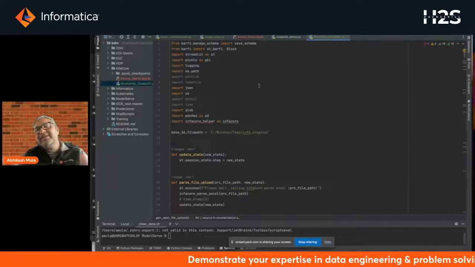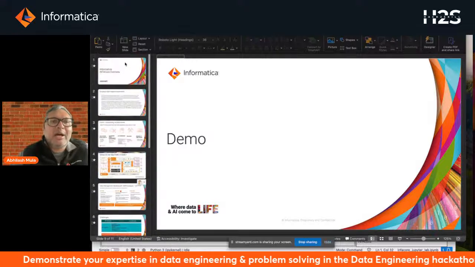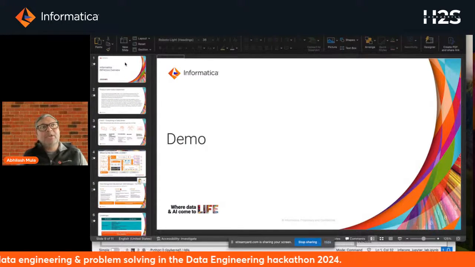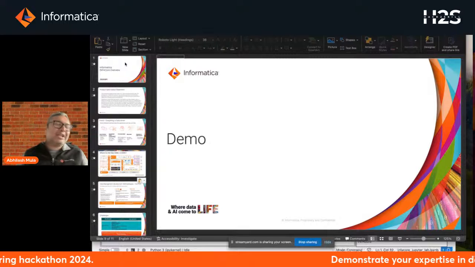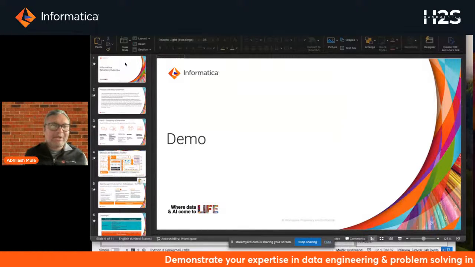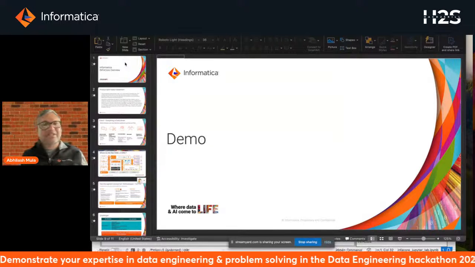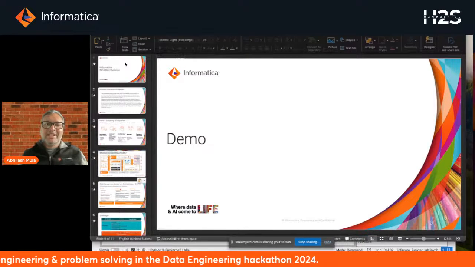Now, the reason I'm showing this is that InfraCore is not just for data engineering use cases. You can use InfraCore beyond your traditional data integration and data engineering. Like I said, you can build custom apps. You can use it to build your AI/ML models, or just use it for data preparation, visualization, tons of things, a ton of use cases that you can use InfraCore with. With that,